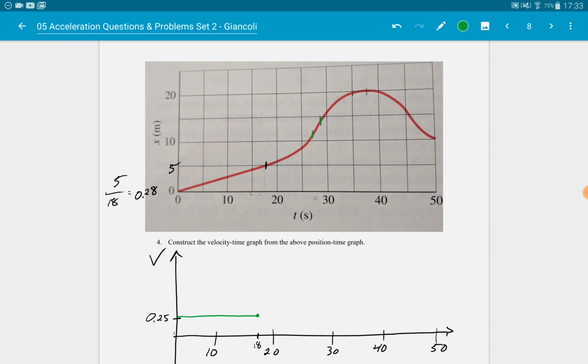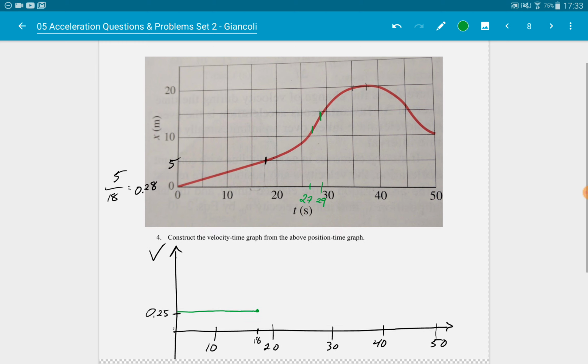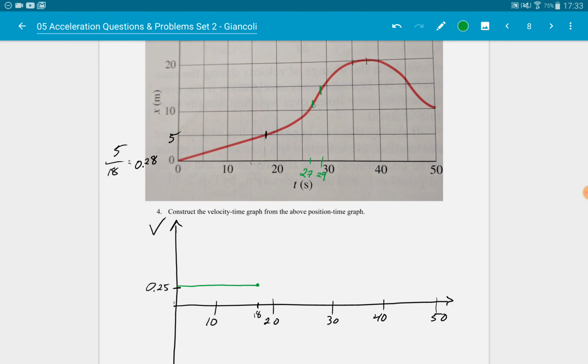So I'm going to kind of make up these times here. I don't know, that's 25. So that's like, I don't know, 27 maybe. And that's to 29. Yeah, sure. Well, let's say 29. And I'll put that down on the time axis there so it's a little bit clearer. So I'm just going to say that it's 27 and that's 29. So we have a 2-second gap in there. And then what are the positions here? Well, that's 15, so that's like maybe 11, and then this one here is like 14. So now the rise and run, we got a rise of 3 and a run of 2,